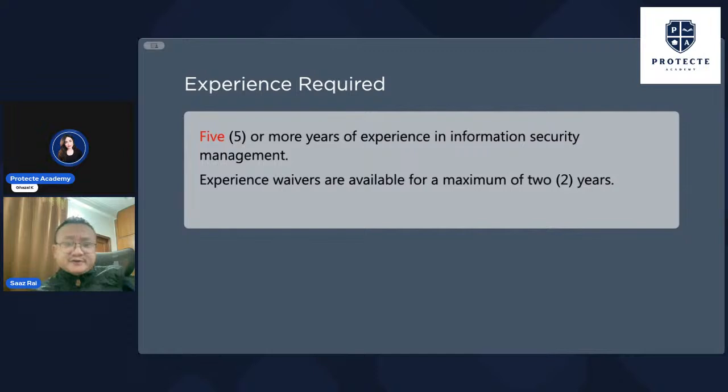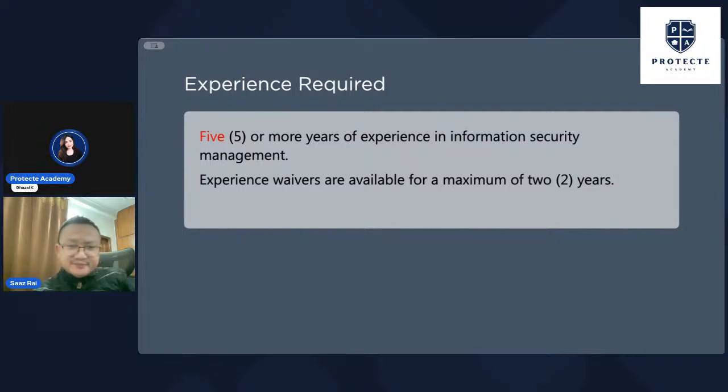The experience required is 5 years in information security management. When I say 5 years of management experience, it doesn't mean that you have to have the designation of a manager. It doesn't have to be a manager designation, as long as you're working in those domains, such as incident management and so on. It should suffice if you're managing firewalls, and that should be fine. But 5 years of experience is what you need to be able to submit and prove in order to become